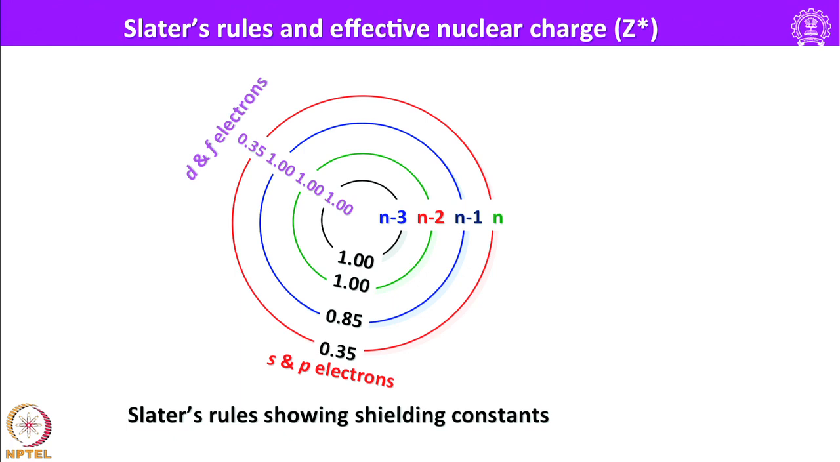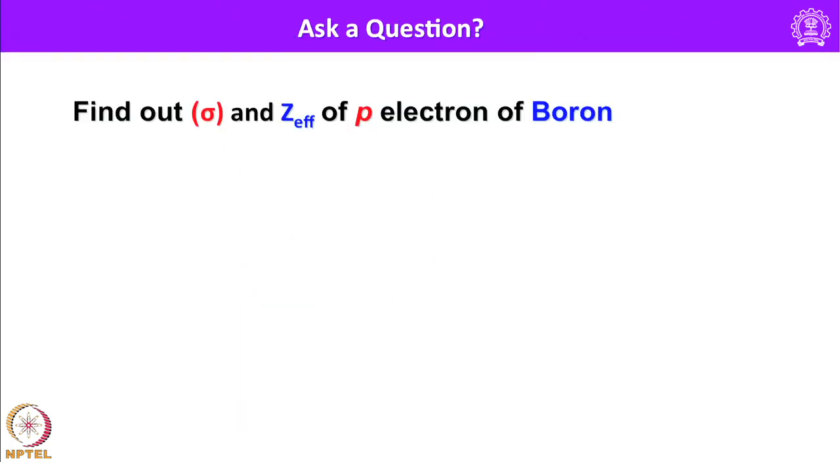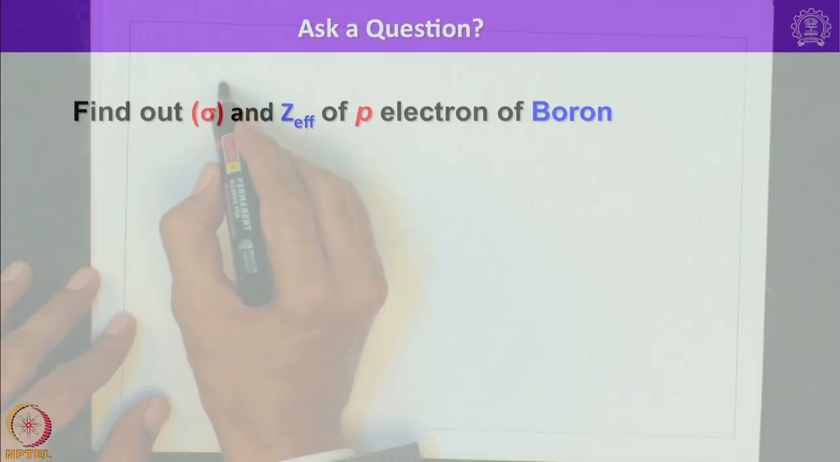So, let us look into some examples to examine the authenticity of Slater's rules. The first one is: find out the screening constant and effective nuclear charge of the p electron of boron. What we should do is, first, write the electronic configuration for the boron atom. So, the electronic configuration of boron atom is